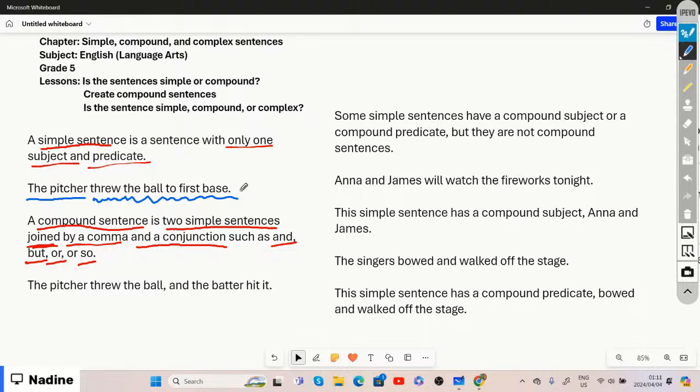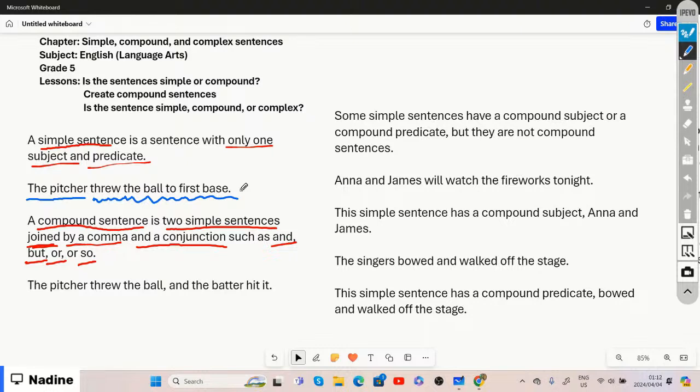All right. So that is a simple sentence. With a simple sentence, we have one subject and one predicate. It tells us who is doing something, and it also tells us the action that the person or thing is doing. But then we have a compound sentence, and a compound sentence is two simple sentences. So just try to think of two simple sentences. If a simple sentence consists of one subject and a predicate,